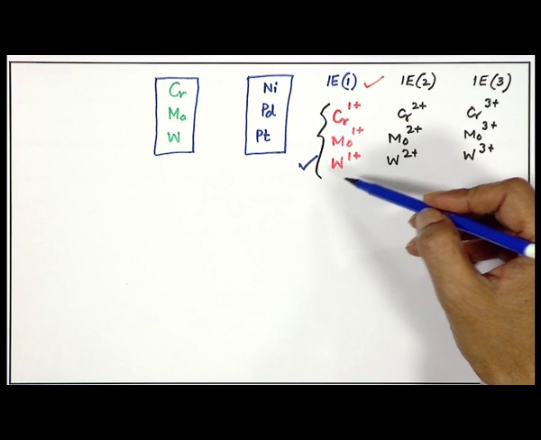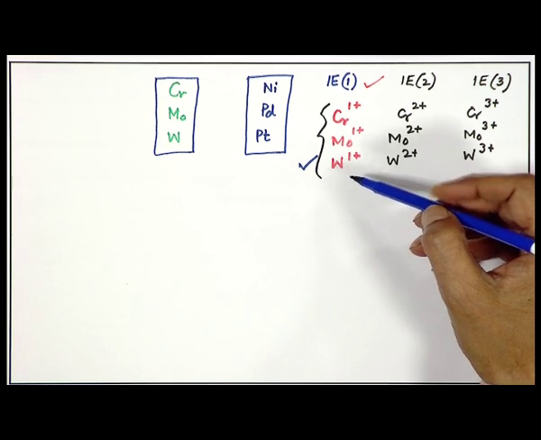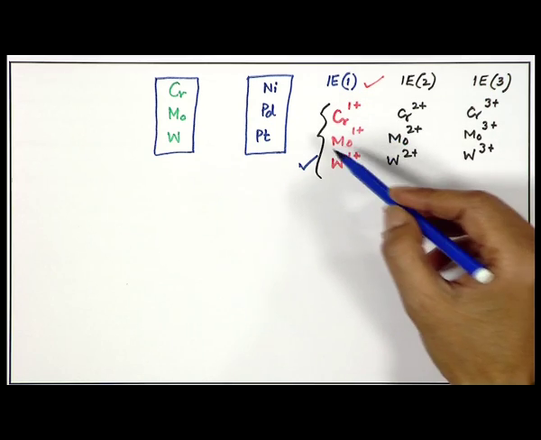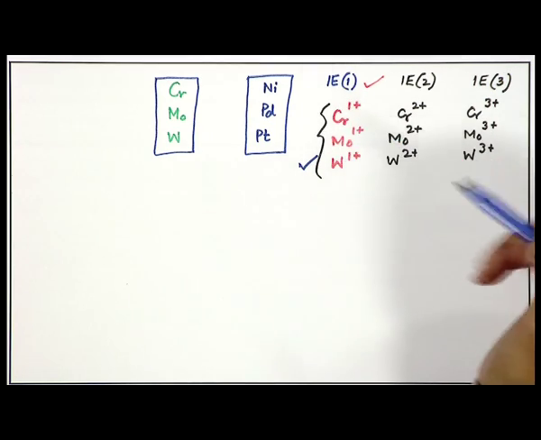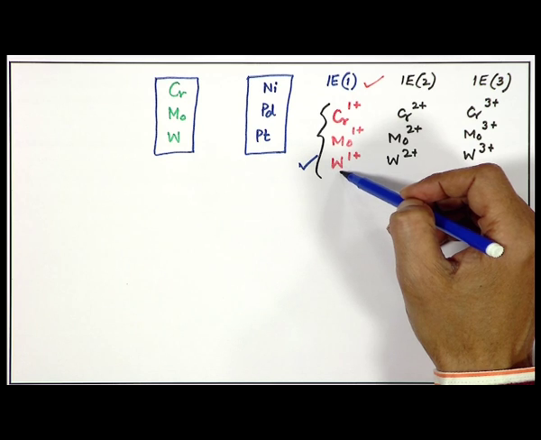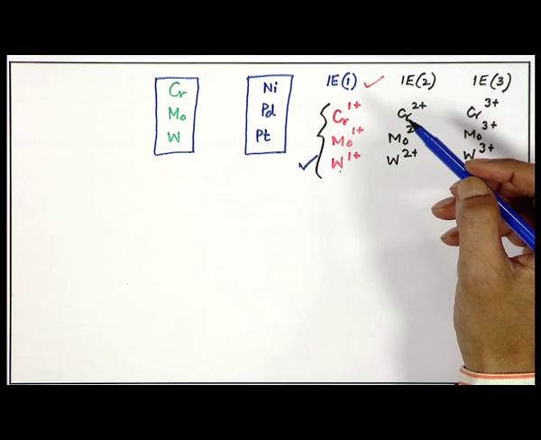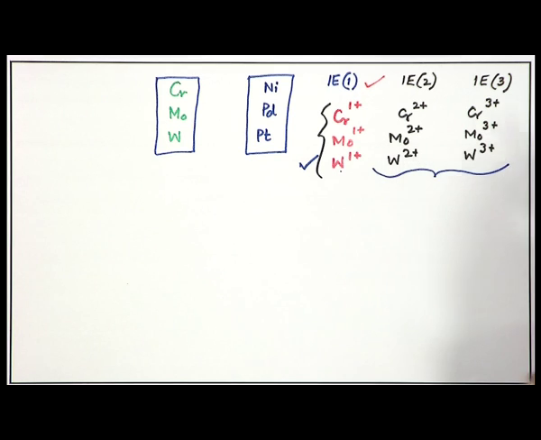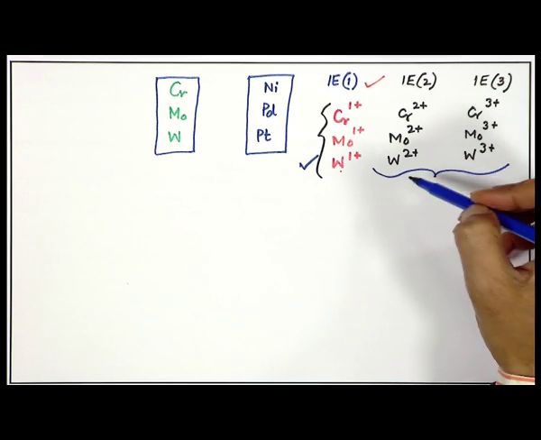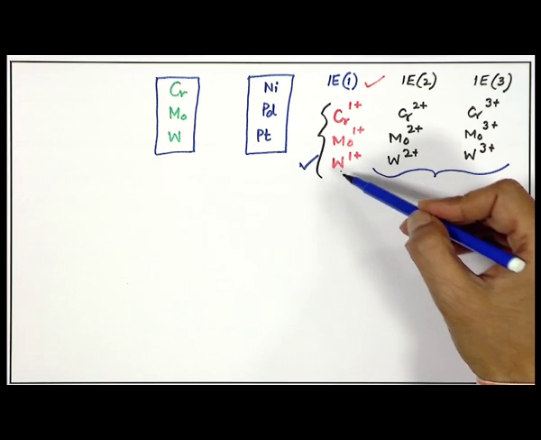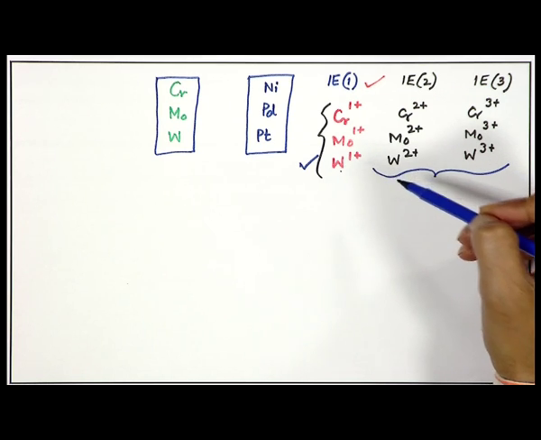But removal of this first electron is very difficult. So for the first IE, tungsten will be higher than molybdenum and chromium. But if we go for the successive removal of electrons, it will give rise to the other oxidation states. Once you get the highest possible element in this particular triad, that means tungsten in the monopositive state, it would be easier